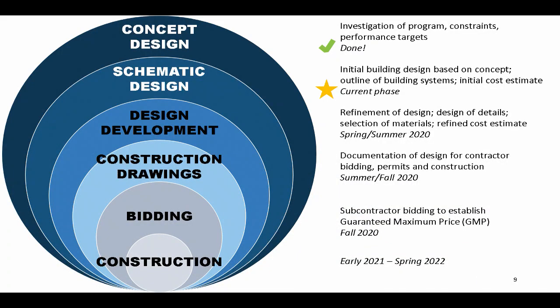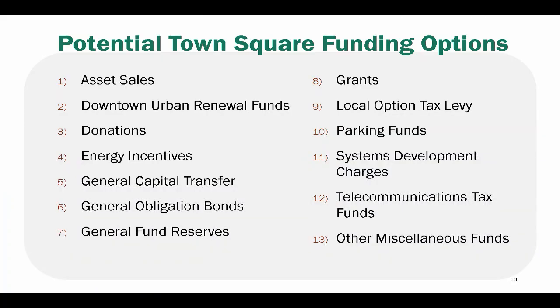So speaking of City Hall, as we've been telling you throughout this process, City Hall is a little bit farther behind in its process, and so it is just now beginning to come into the schematic design phase. So there's still more work to be done there. The direction that you provided earlier this month helps the team figure out what their path is for that schematic design. Our intention is to come back to you in June or thereabouts with the full schematic design package and costs for you to review. And now I'll turn it over to Twyla to talk about the revenue side of things.